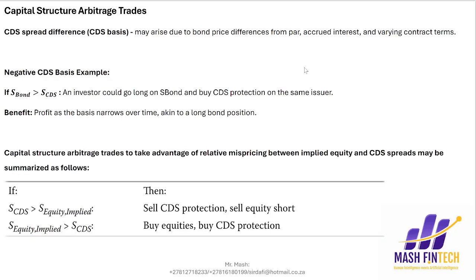Also, if you consider the CDS spread difference, which is called the basis, this may arise due to bond price differences from par, accrued interest, and varying contract terms. The negative basis is when the spread on the CDS is less than the spread on the bond. In this instance, the investor is going to go long on the bond, because remember, if this bond has a higher spread, what it means is that it's